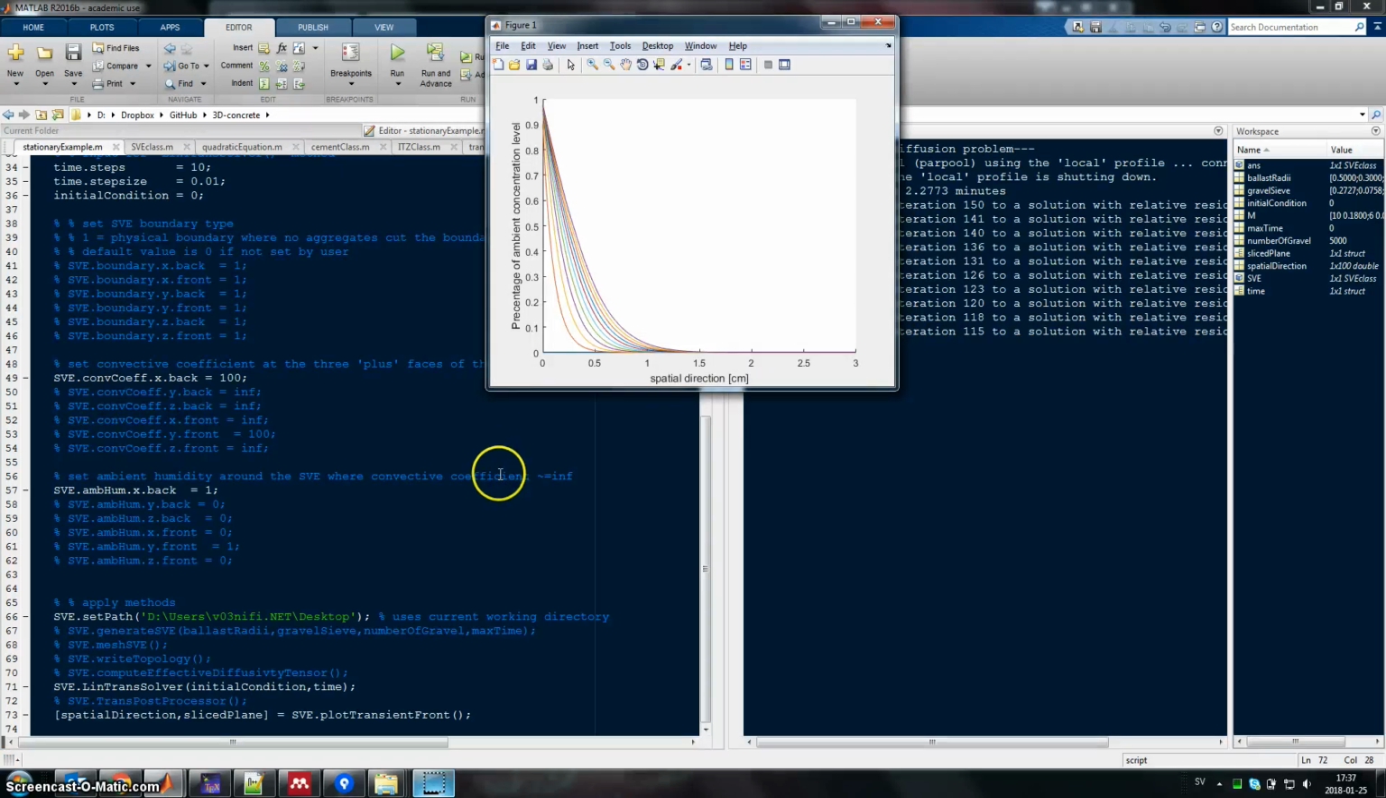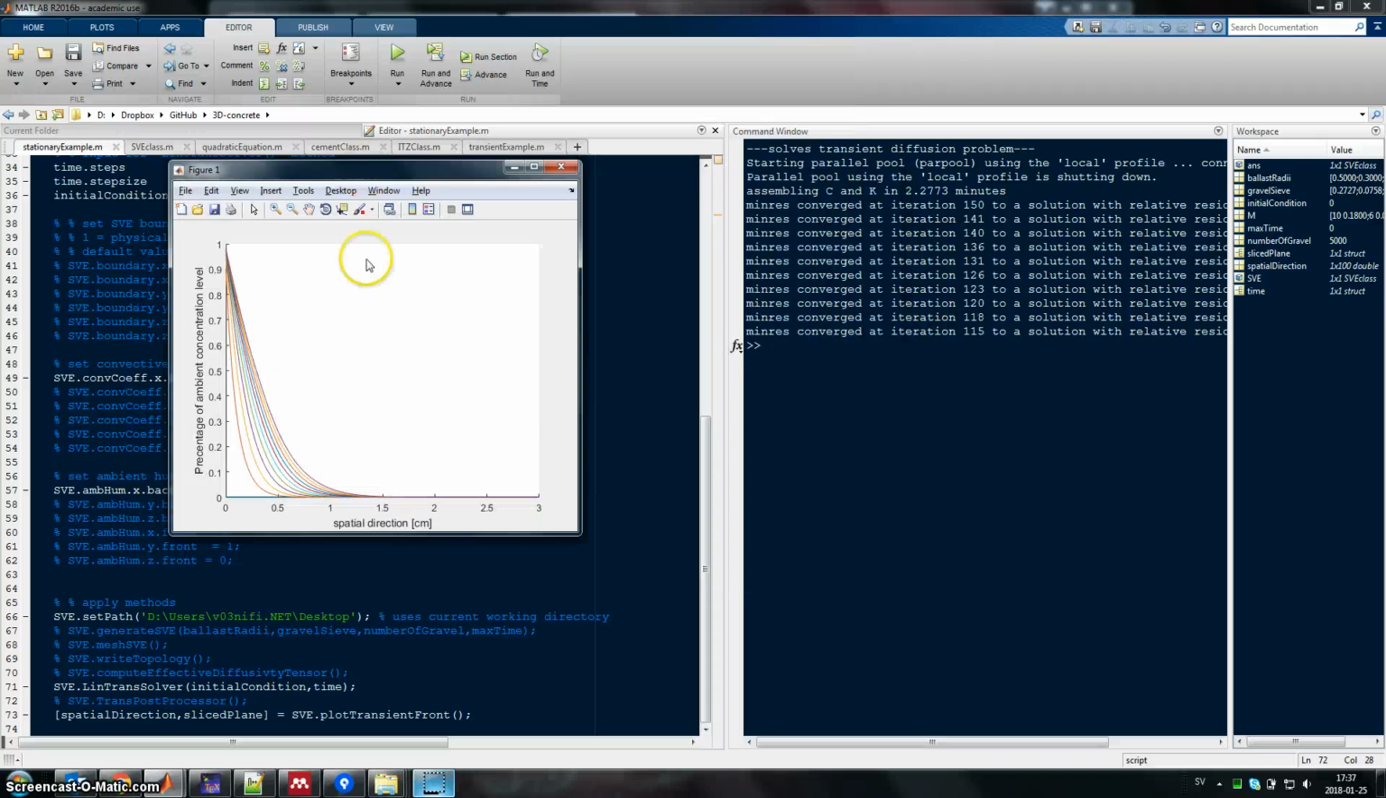Okay, so now the computations are done, and we have got this plot that popped up, which was generated by this method, plotTransientFront. And what we see now is in X direction. So this is X equal to 0. So this would be the X back surface, and this is the X front surface. And then we see for each time step, the average concentration of either chloride or moisture throughout this